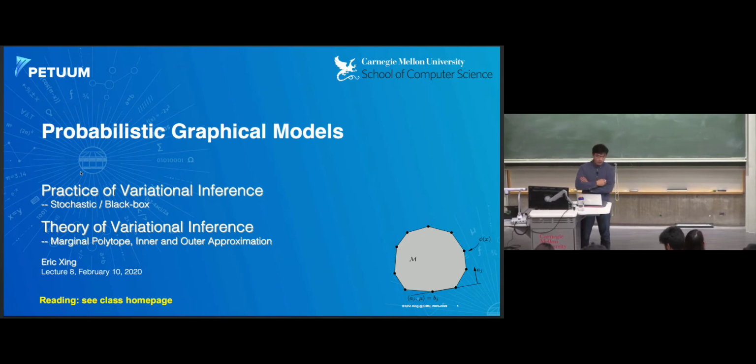Those are stochastic variational inference, and later black box variational inference. After that, we'll talk about the theory behind variational inference. We'll discuss what the mean field method and other belief propagation methods actually do at a higher level, and there's a unifying theory that encompasses all of them.